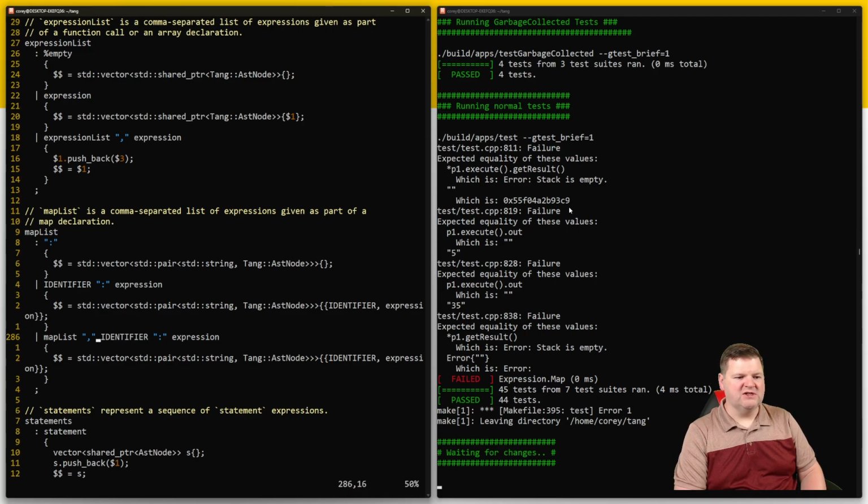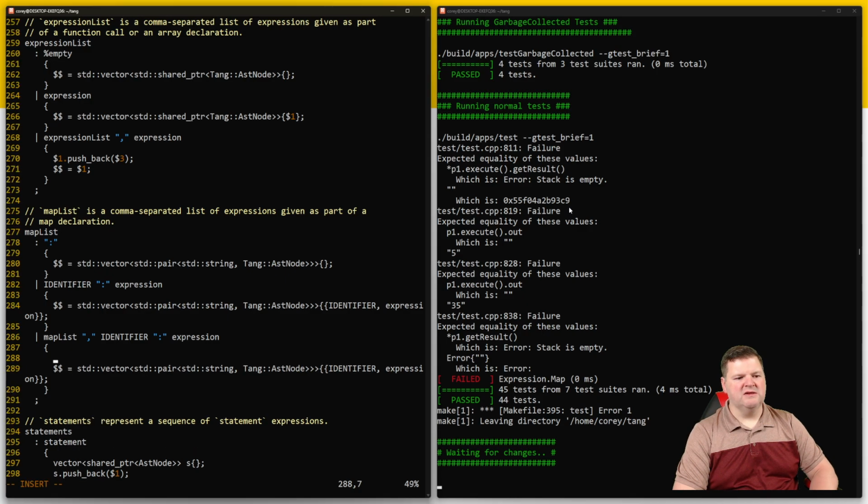Okay, first of all, this needs to be, instead of, it needs to be $1 dot push back, identifier expression, and then